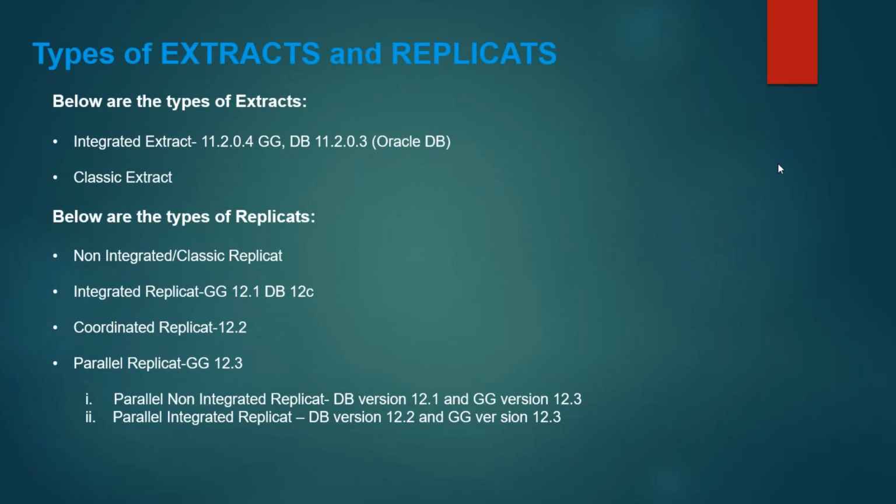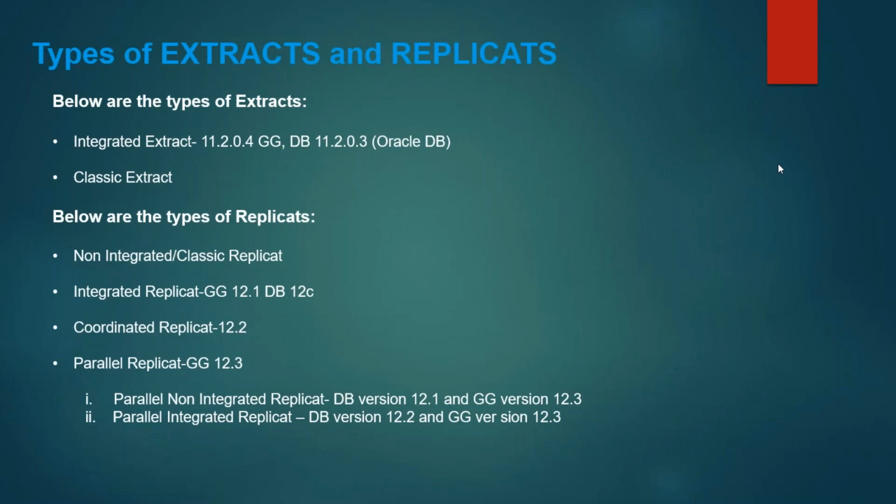Parallel replicate is again of two types: parallel non-integrated replicate and parallel integrated replicate. If you go out into the market, most implementations nowadays use integrated extract and integrated replicate, in most configurations. So, integrated extract,